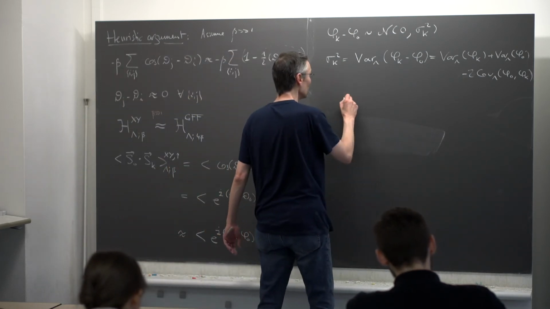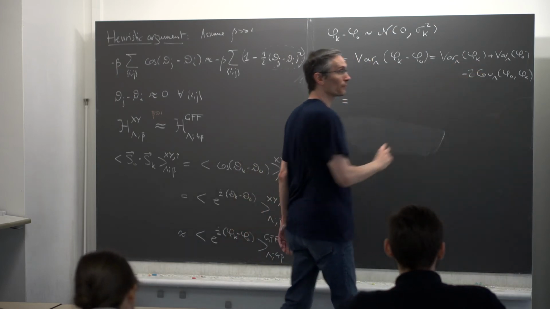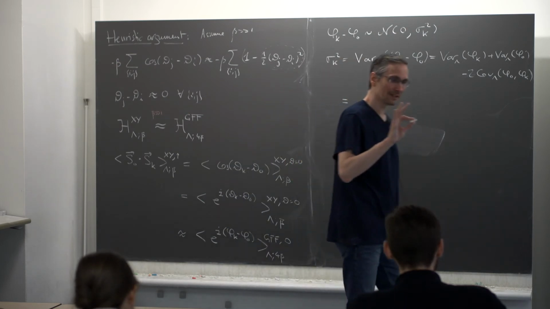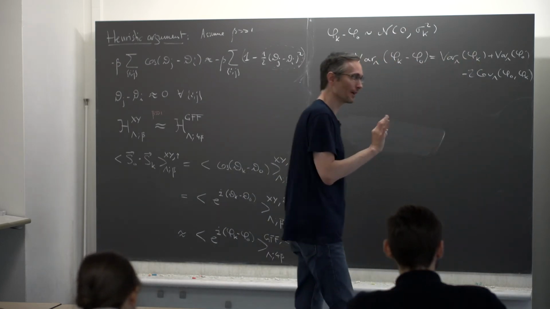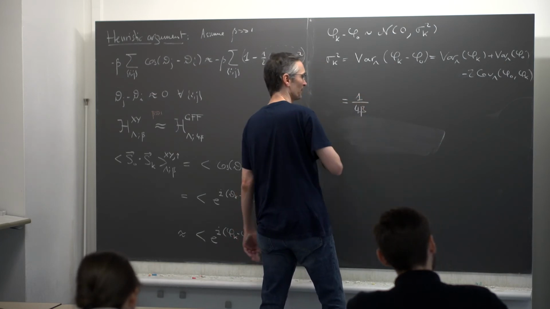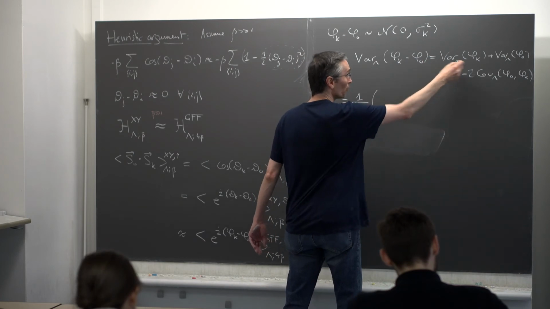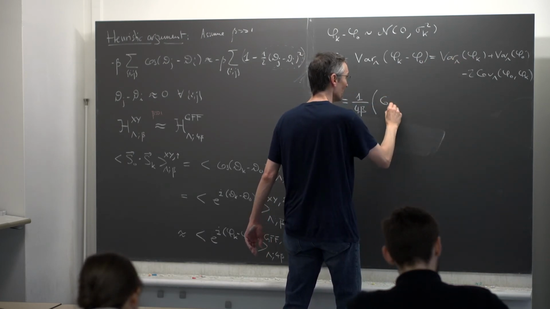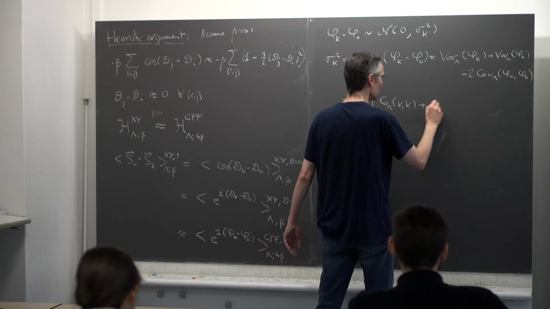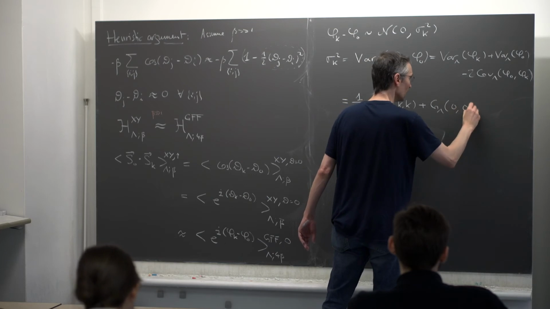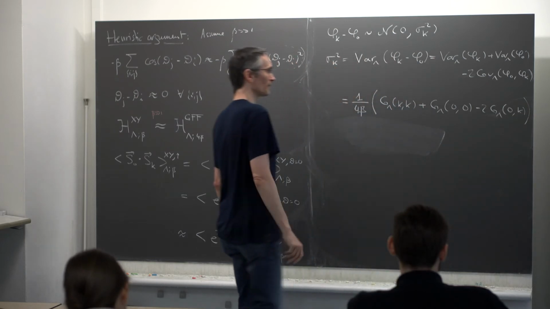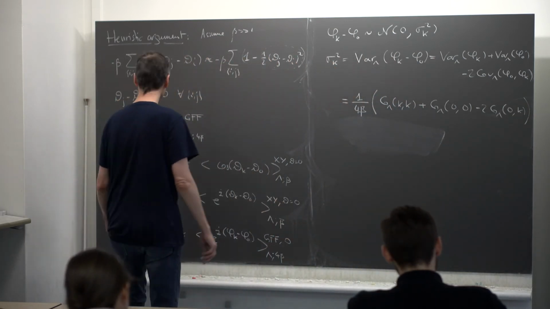And then these variances, we have computed them for the GFF. We know what they are equal to. We got rid of the beta immediately in the GFF, we set beta to 1. If we didn't set beta to 1, we would have here 1 over 4 beta, and then we will get what we proved. So this will give you g lambda (k, k), the Green function in the box lambda evaluated at (k, k), plus g lambda (0, 0) minus 2 g lambda (0, k). And that's what we computed in the previous chapter.